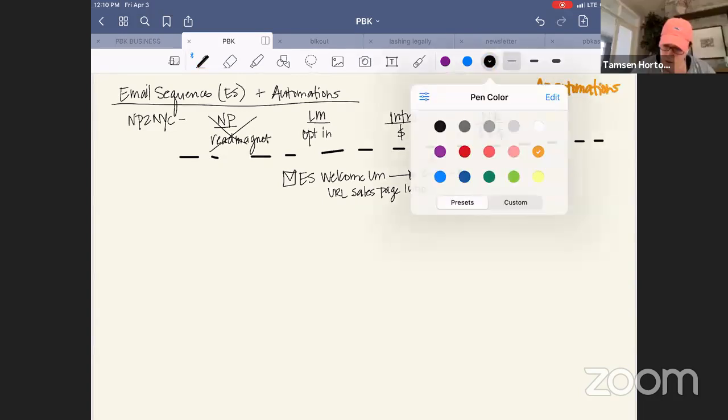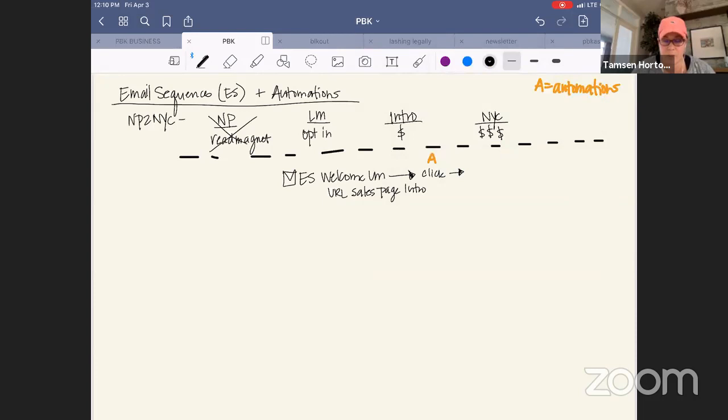Automations. So when they click on the sales page, then what gets triggered is the email sequence to the sales intro, okay? We will come back through all of these. But let's say they don't click ever to even see the sales page information. What you would do then is they move to the email sequence, and we're going to continue to nurture the welcome lead magnet sequence. So here, this happens when they take no action. Okay, so there's an automation here.